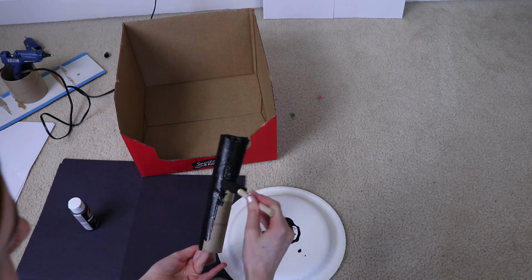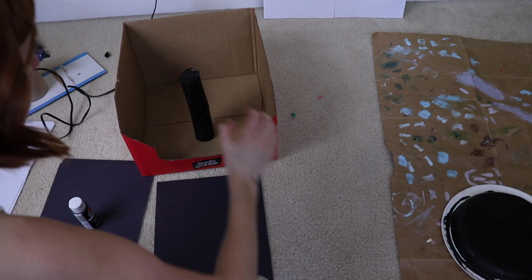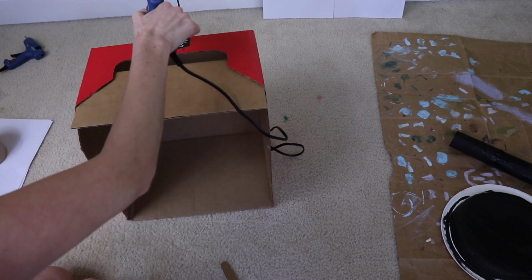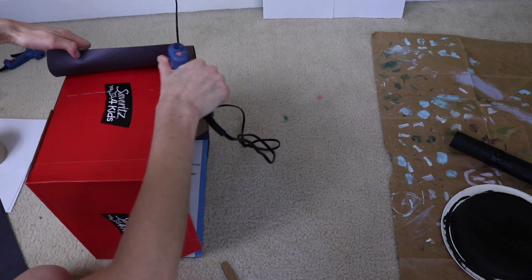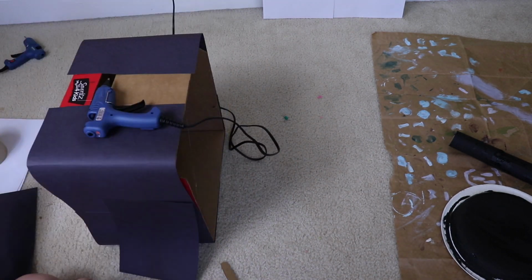But I just put a piece of paper over the top of my cardboard tube so that way I could paint it. So I'm going to paint my cardboard tube, paint the plate, and then I'm going to let them dry, which you should be painting on a good surface, not the carpet like I was. Anyways, as you can see, I put an extra piece of cardboard to fill in that space on the box,